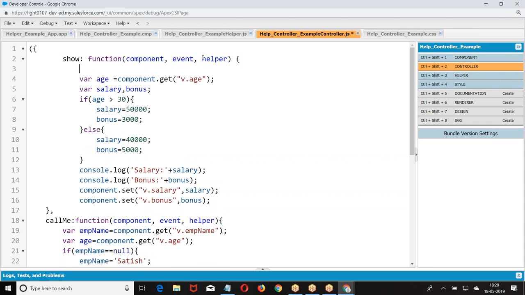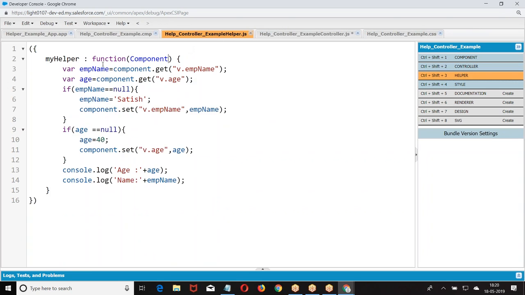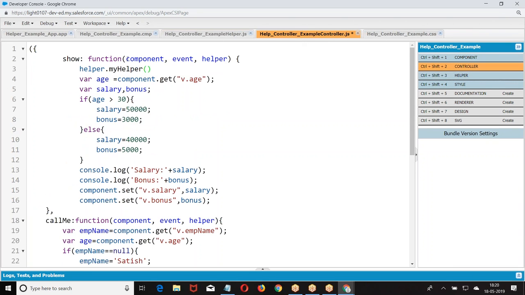How do you call helper? The name of the method is helper dot my. Now, what is the element they are expecting? Component. So whichever the component from where I was called, the same component I am passing to this also.